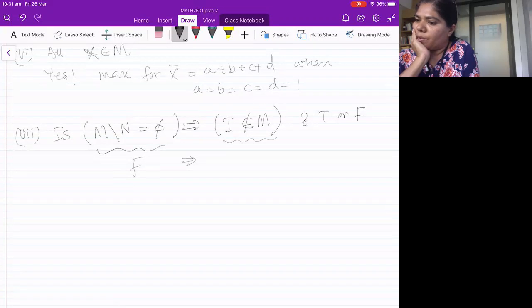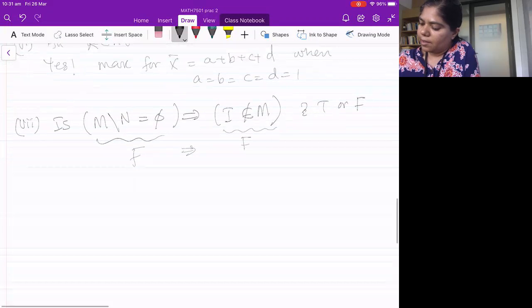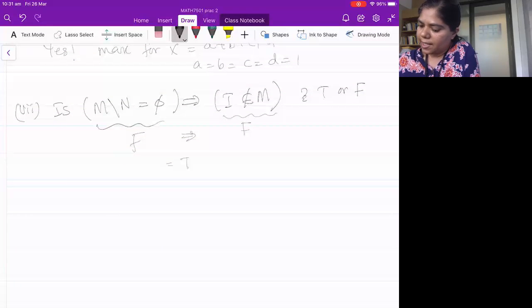Is it true or false? This is again false. So false implying false would be true. This equals true. But you can see this as a logical equivalence as well. So this is in the form P implies Q. Okay? Is logically equivalent